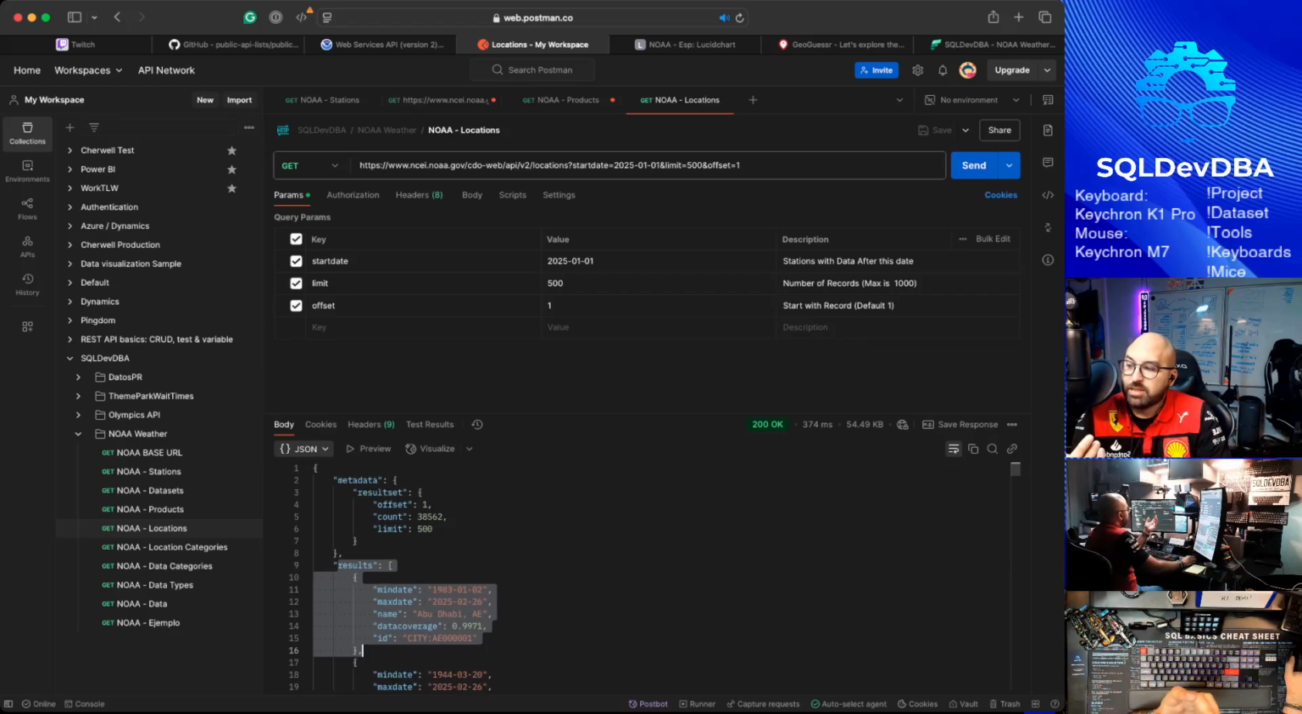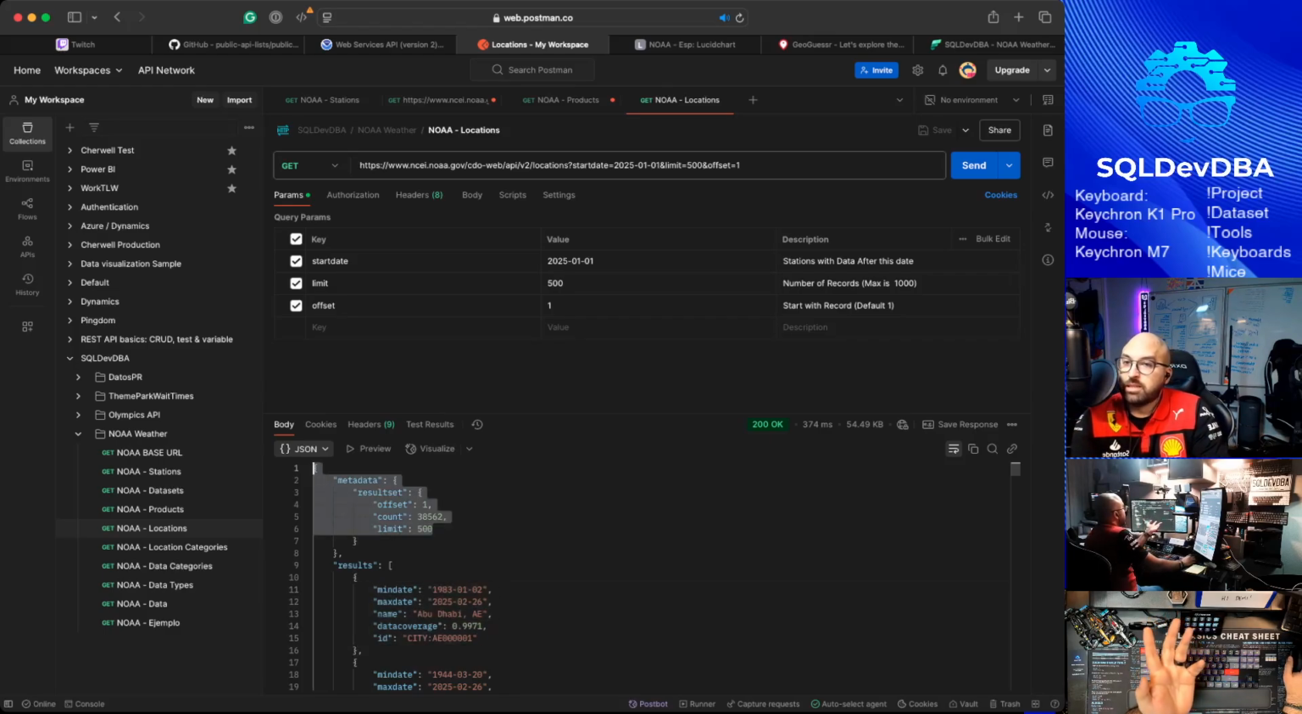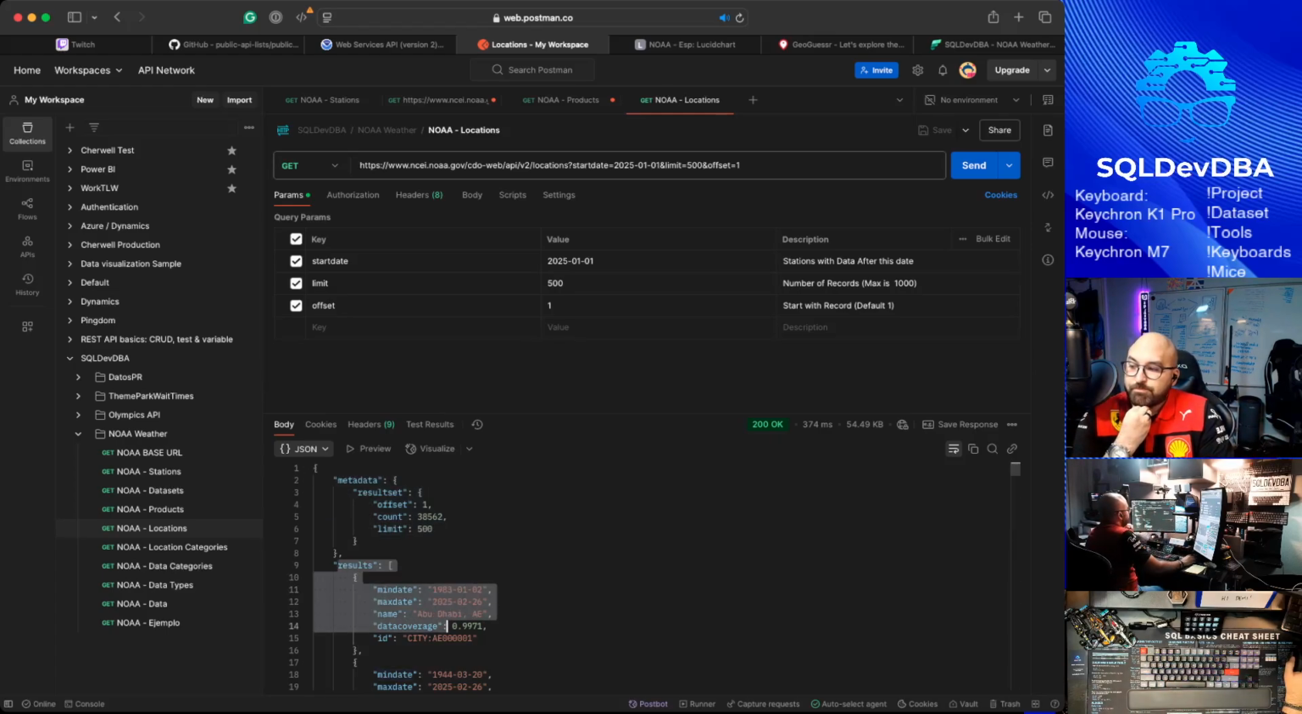Now, again, we have the metadata in one node and we have the results in another node. The one that I would encourage you to actually save is this one. You only need this metadata while you're doing all the calls so that you can set up your while loops to keep calling until you get to the full count, that sort of thing. All right, so here's the results for